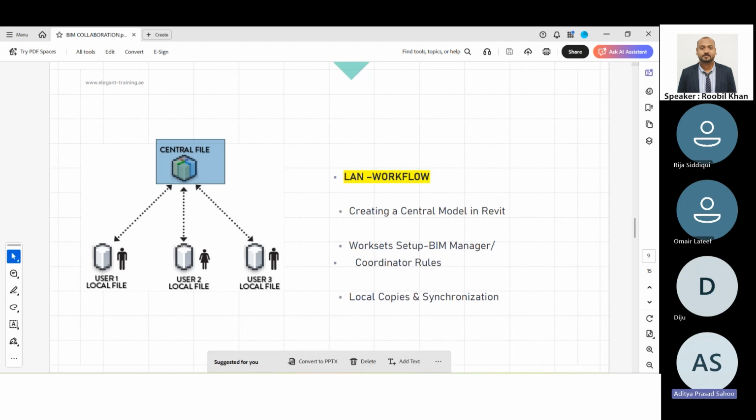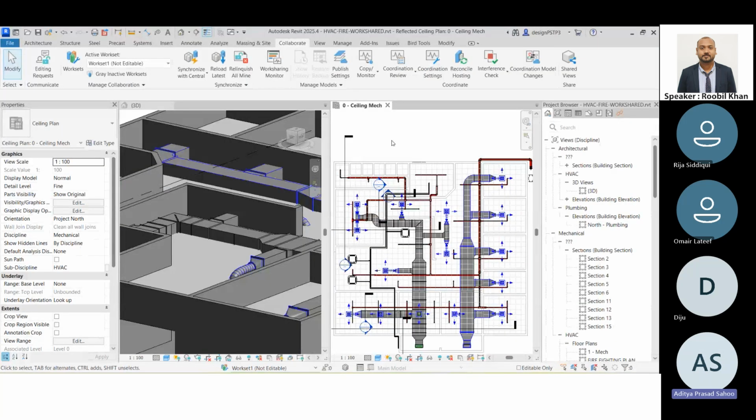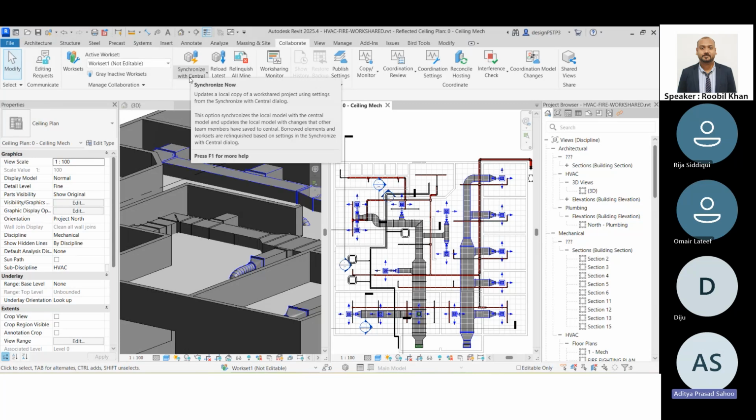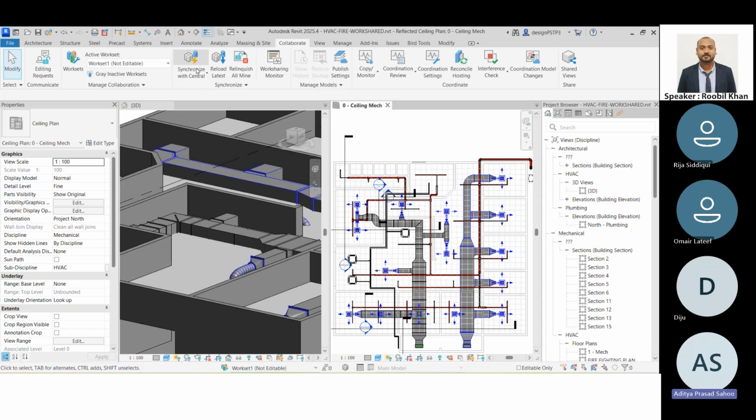If you go to Revit, whatever update he made, he can go to Collaborate and use the button Synchronize with Central. So as different users, whatever changes I made, if you want to update to the central file, we need to synchronize before you exit from your Revit or before you finish your shift. And if you don't save it, all your work is gone. So before your shift finishes, just synchronize with the central,